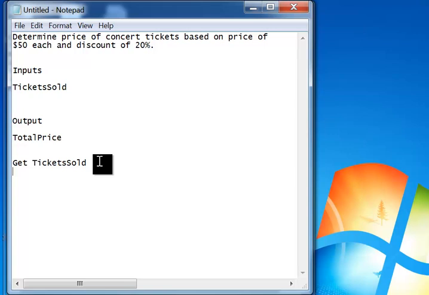So if we look at this, if I do it this way, I can say, total, how about subtotal? Subtotal equals tickets sold times $50. So basically what I'm saying is, if I'm buying 5 tickets, they're $50 each, my subtotal is going to be $250. But my total price